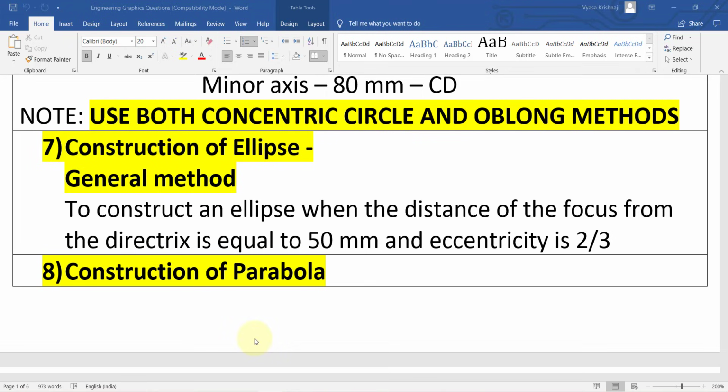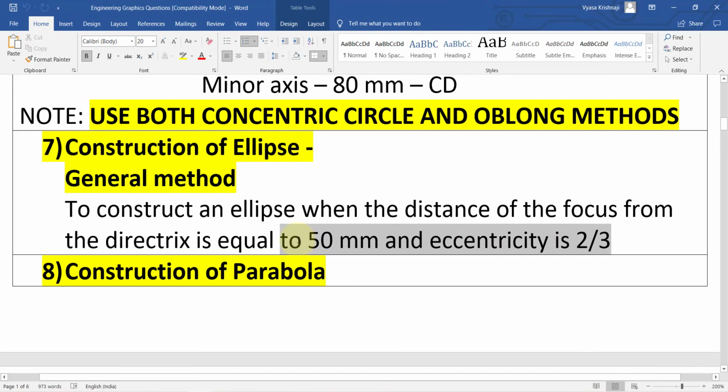Hi guys, in this video we'll discuss a problem on construction of an ellipse by using the general method in the 2007 AutoCAD version. So the question will be something like this: to construct an ellipse when the distance of the focus from the directrix is equal to 50 mm and eccentricity is 2 by 3. These are the two values which will be given in any question when you're talking about